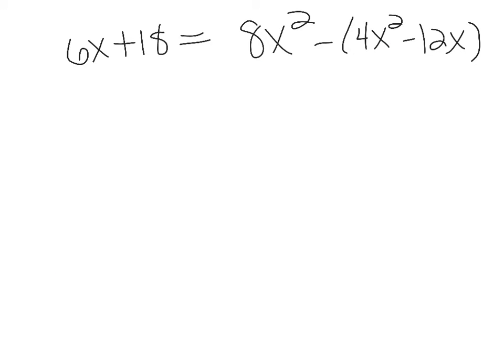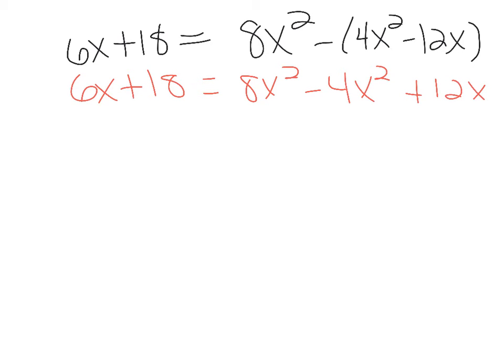Now that I've multiplied each part of my equation by the least common denominator, I can rewrite my equation as 6x plus 18 equals 8x squared minus the quantity of 4x squared minus 12x. I'm going to start solving my equation by simplifying and rewriting it as 6x plus 18 equals 8x squared minus 4x squared plus 12x. I'm going to continue simplifying by combining like terms to get